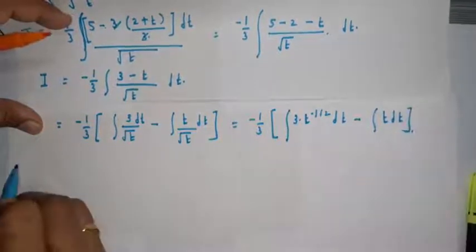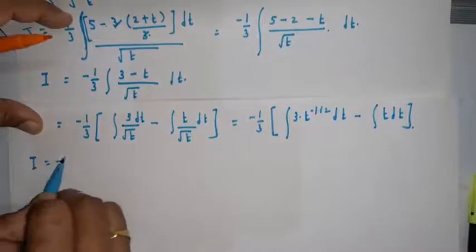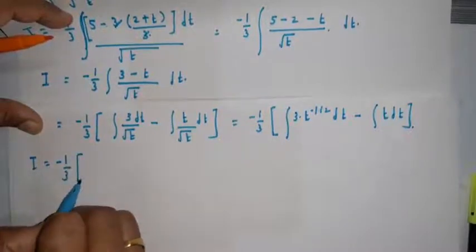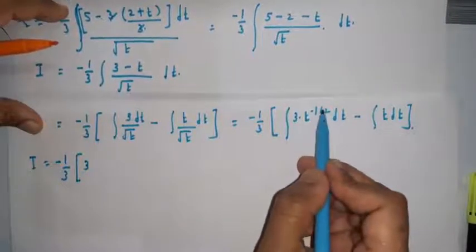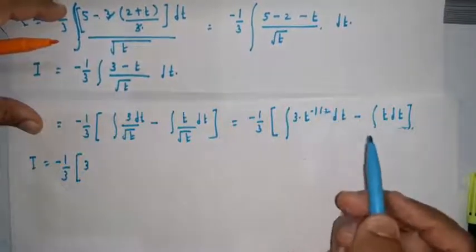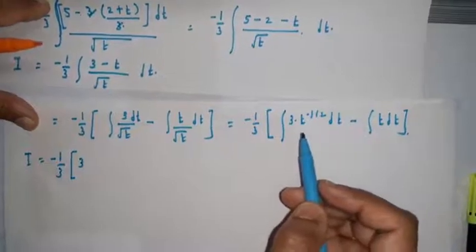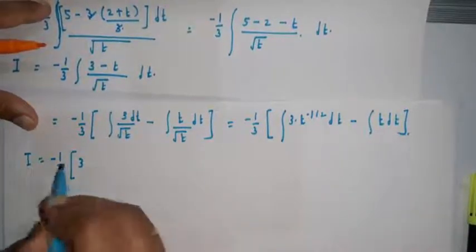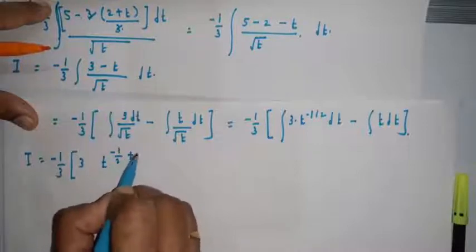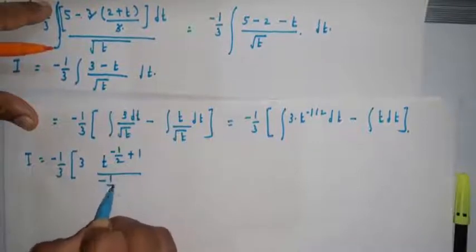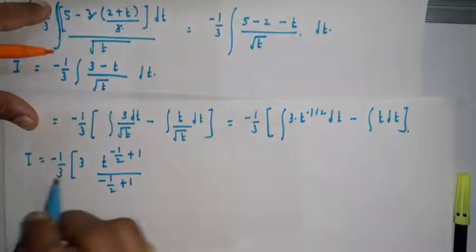Now take its integration. I equals minus 1 by 3 as a constant, take 3 outside, integration of t raised to minus 1 by 2, that is by the x raised to n formula, x raised to n plus 1 upon n plus 1, that is t raised to minus half plus 1 upon minus half plus 1, minus